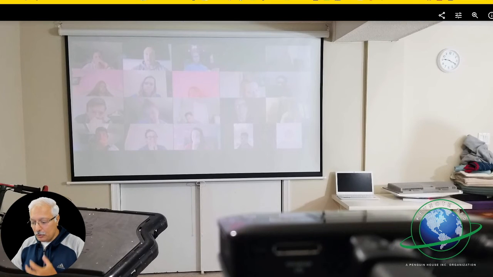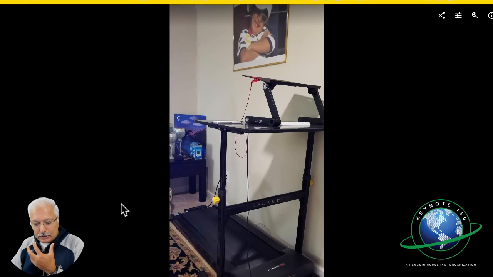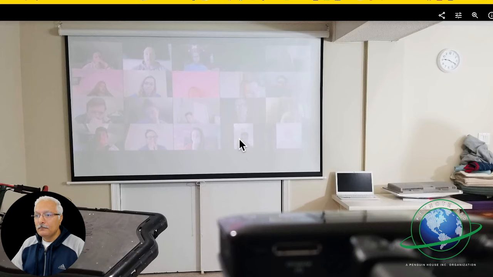If I could show you, this is the monitor I was talking about. Unfortunately, I can't show you very clearly here because it's very close to the camera. But this is a projector that is projecting a Zoom meeting right here. So this is where it's showing you here. I will also show you another angle here